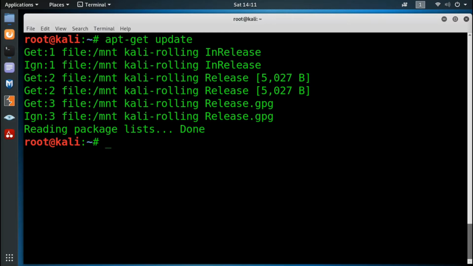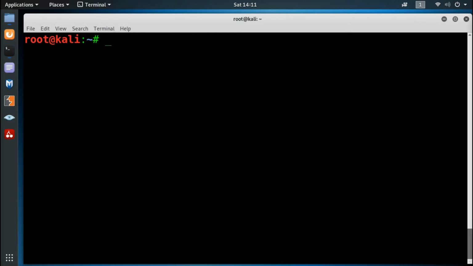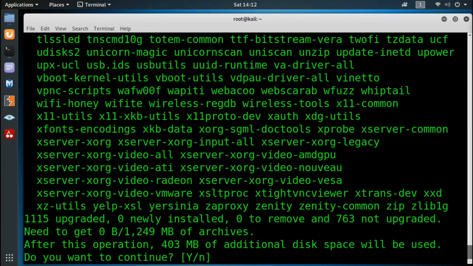Now moving forward with step 1, we will upgrade all the packages before the distribution upgrade. Run apt-get upgrade to check and initiate the upgrade. Here you can see that 763 packages are not upgraded and it will require 0 out of 1249 megabytes of